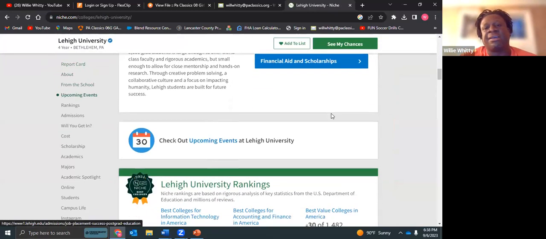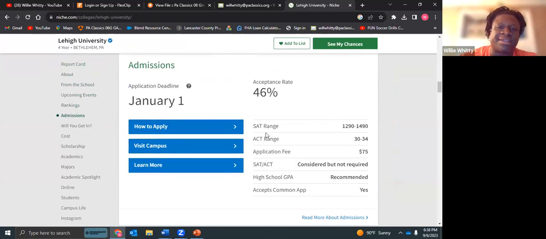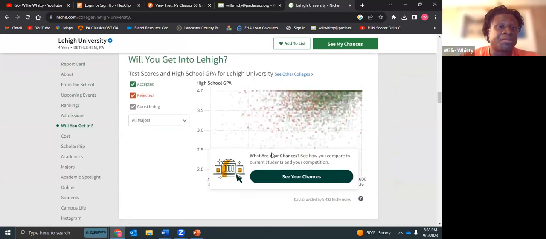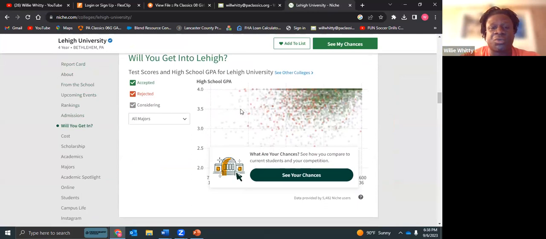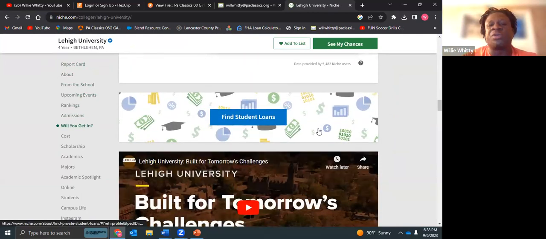You can see the average rank of kid coming in there from SATs, what the application fee is. They'll even give you timelines when the application is due. They talk about test scores and where most of them have their GPA that are accepted. I mean, this is a good website when you get there.